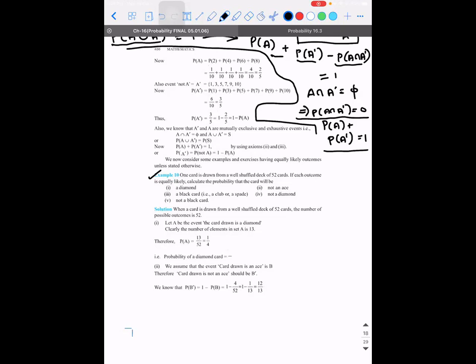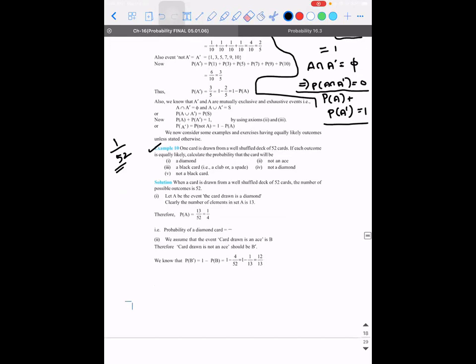What is the meaning of each outcome is equally likely? Means the probability of you getting any card is 1 by 52. That is the meaning of it. So when I say equally likely, 1 divided by the total available numbers, that is 52. So if I say probability of getting an ace with a heart on it, it is 1 out of 52. That is the meaning. Means each card has that much probability.